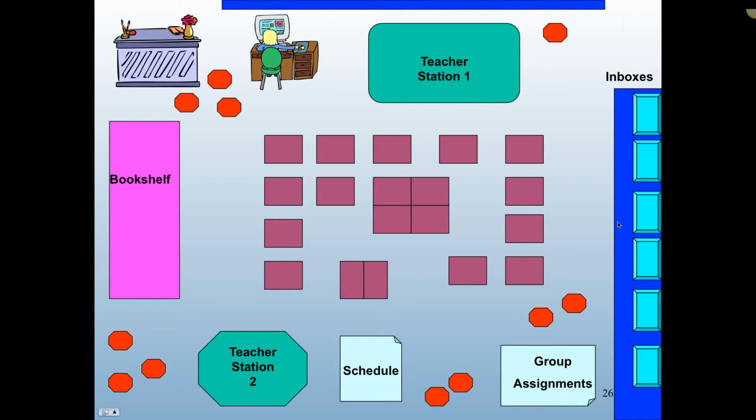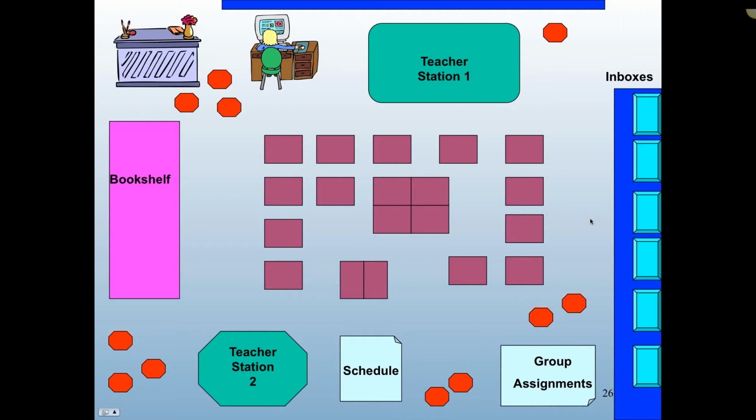Okay. I thought this was interesting because in this classroom that I visited, they had inboxes. The kids would come in and pick up individual assignments or individual work, and they would work on it. And then I think there were also outboxes, which I don't see here, where they would place things that they wanted the teacher to look at.